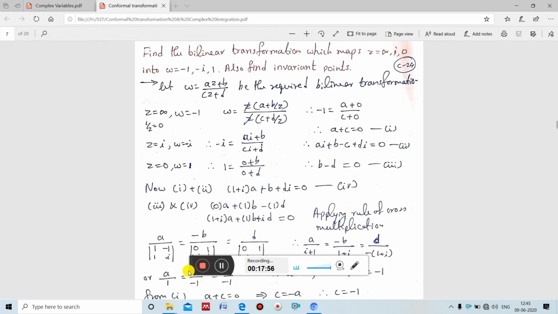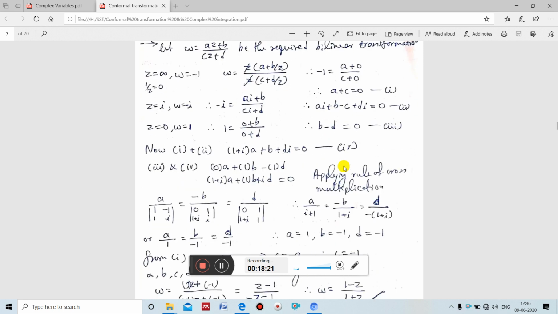So for bilinear transformation, for all the examples the procedure is fixed. They have given 3 z points and 3 w points. So put them simultaneously for z and w, you get 3 equations containing 2, 3 or 4 unknowns. Then take any 2 equations of the 3 and apply cross multiplication, you get 3 unknowns. Then by using the 3 unknowns you find the 4th unknown, put all the 4 values in the bilinear transform definition. So that is the required bilinear transformation.